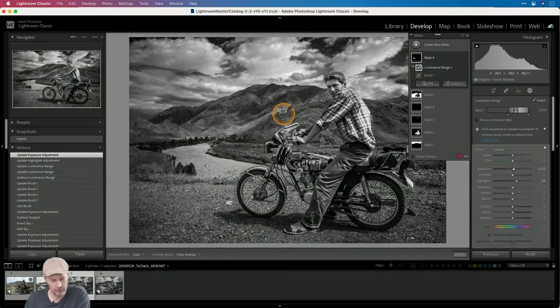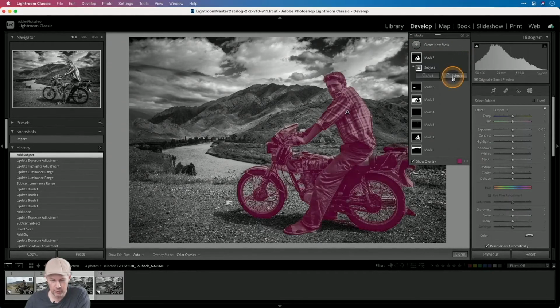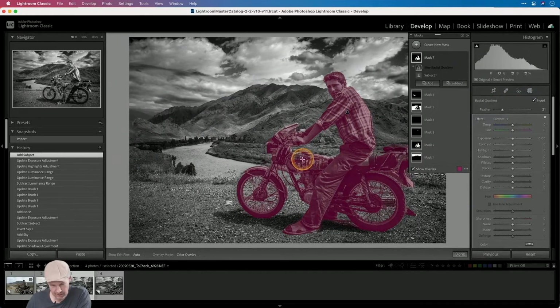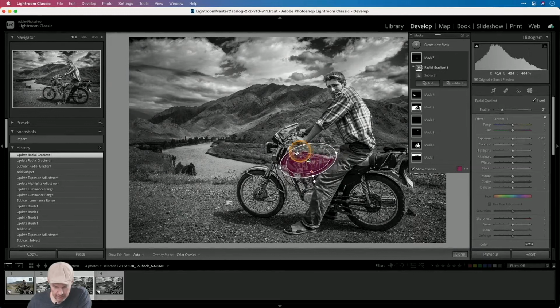One final thing that I want to do maybe is two things. I want to draw a little bit more attention on the gas tank here. So again, in the old days we probably would have painted on this, but I don't like to paint because it's sloppy and it's a lot of work. So I'm gonna create a new select subject selection, and I am going to intersect this with a radial gradient, because this almost, with some goodwill, has a radial kind of a shape. And so I'm going to turn this slightly, and as you can see, because I'm intersecting,